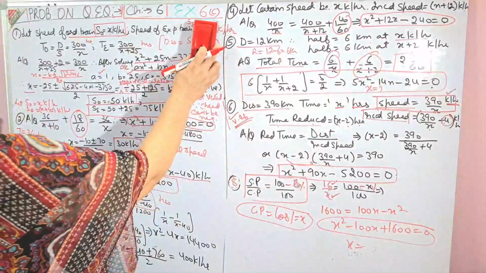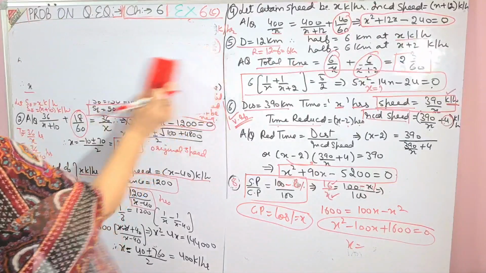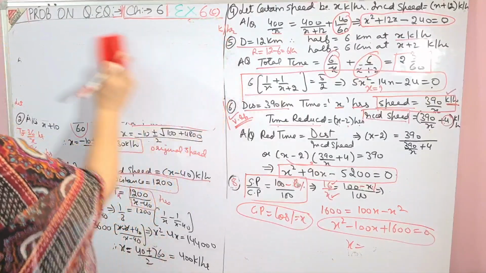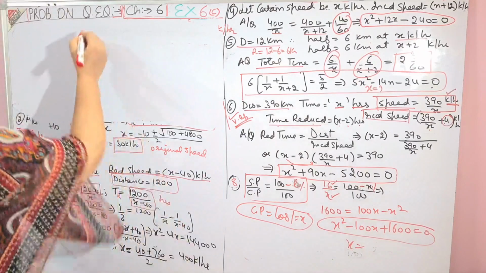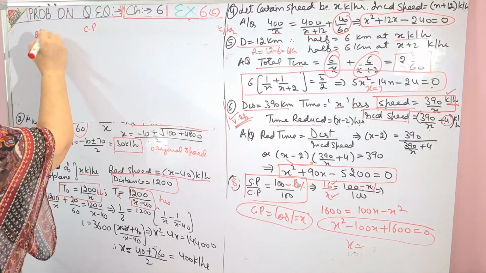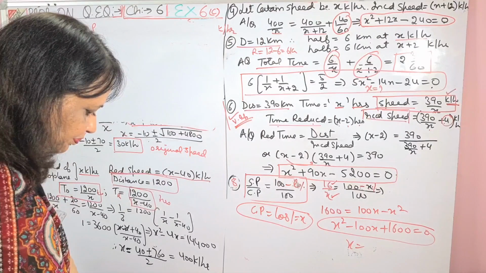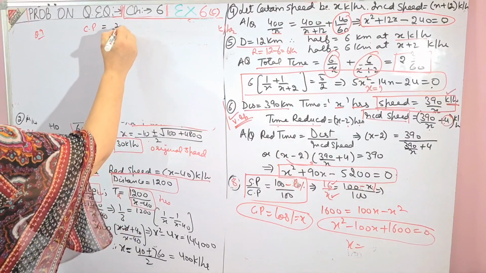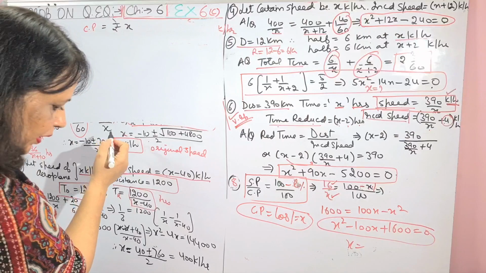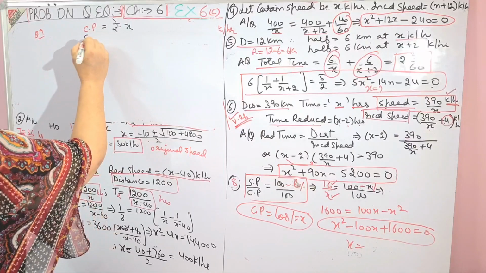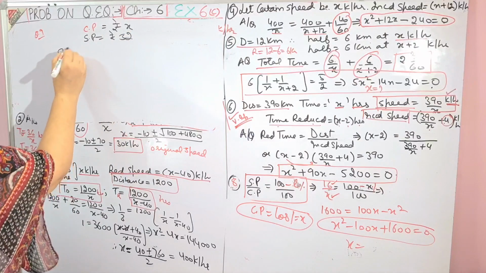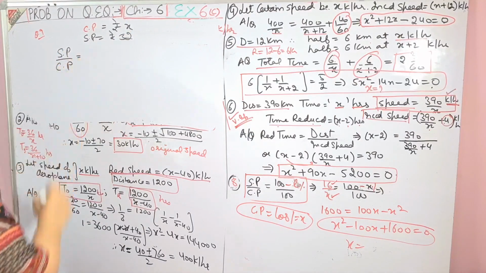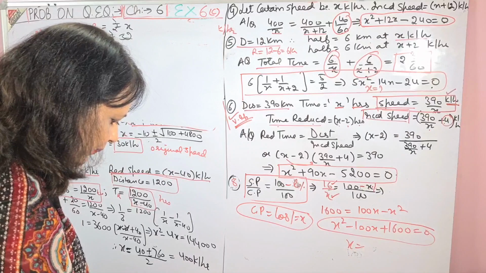Then moving on to the ninth sum. Ninth sum, children. These are important, so I am doing it again with you. Question number 9. A trader bought an article. So CP is rupees x and sold it for rupees, SP is rupees 52. Again, formula is SP upon CP. Let me find out whether it is profit or loss. He says makes a profit.